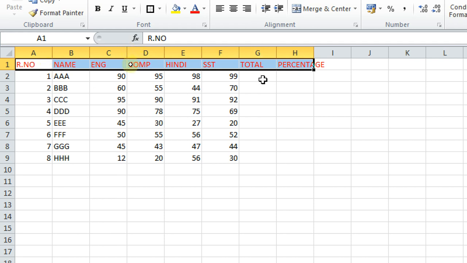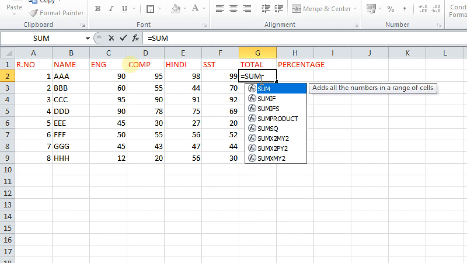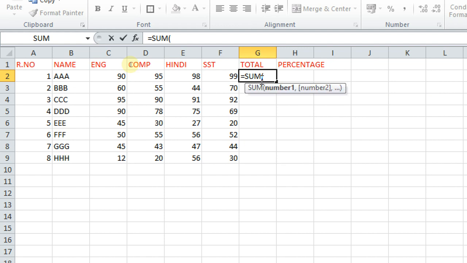So I have to find the total of these numbers. Just now I have taught you about using the cell range. The same formula I will be using here: is equal to sum, bracket start. I'll check what the first digit is here. I'll not take this one. I'll take this one.